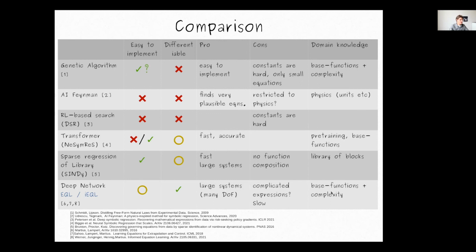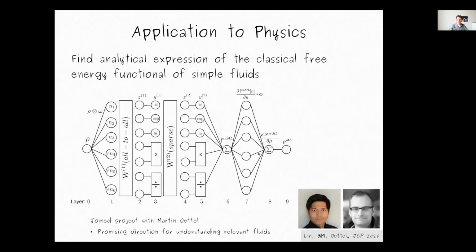Okay, so now my time is pretty much up. We have some interesting applications in physics. It was yesterday on the poster to apply this to density functional theory, and where you exactly use this end-to-end differentiability, you want to learn the density function, so the object that describes the density of particles essentially in a fluid. And there are certain bits of this part that you don't really know analytically, and we can try to learn a good equation. So this is an example where you have a physics knowledge of how this entire system should be